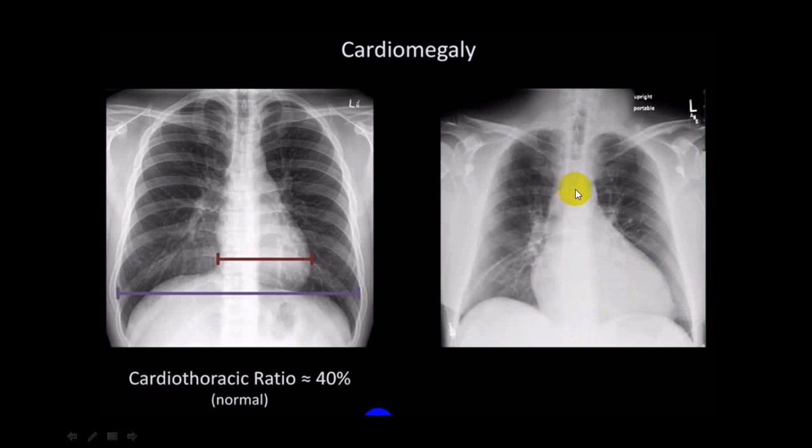Ideally you have to draw a line, one in the center and the maximum distance. So from here till this, and here this line. This is definitely a cardiomegaly, and look at the inspiration field. Look at the position of the trachea and look at the rotation of the heart. There is no rotation, the trachea is central, the diaphragm is quite below, so this is in full inspiration. So this can be taken for measurement of cardiomegaly, but the technique of measurement should be proper.